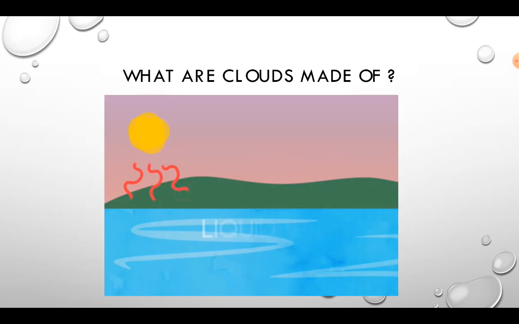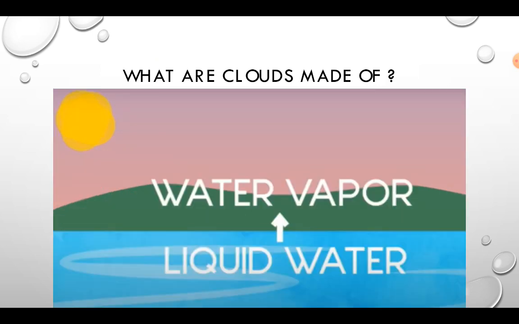This is the same thing that happens around us in the environment. So there is water, which is a liquid, we've got the sun, which is hot, and it starts to heat up the water, the sea, the lake. And this liquid water starts to become water vapor. It starts to become a gas. However, up there, up high, it's very cold. The further we go up, the colder it is. And when water vapor makes contact with a cold environment, a cold place,